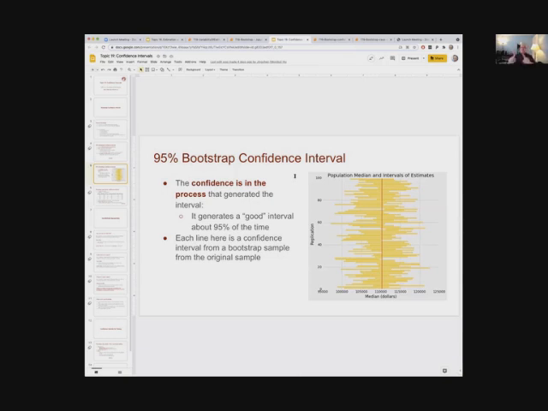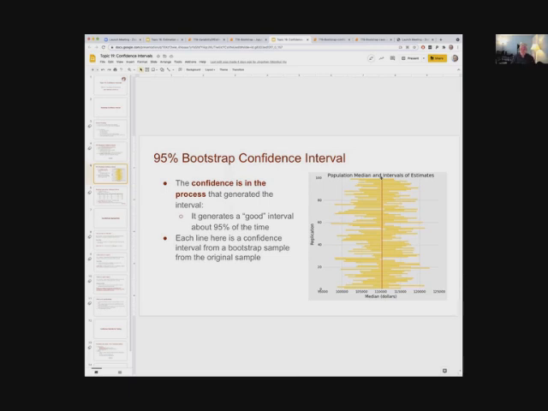And so what this graph is showing here is, again, from the San Francisco data set. And so since we have the entire population, we can calculate the population median. And that is the line shown in red here. Okay, so this is ground truth. The red line is the truth. Okay, and because we have all of the data, we can run the sampling process, not the bootstrap process, just like we did before. We can take an original sample of the data,